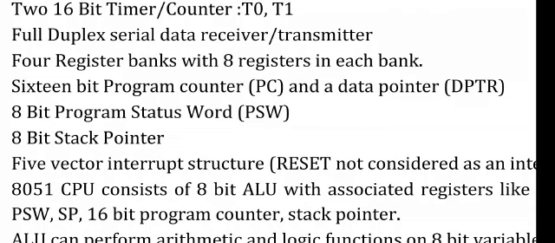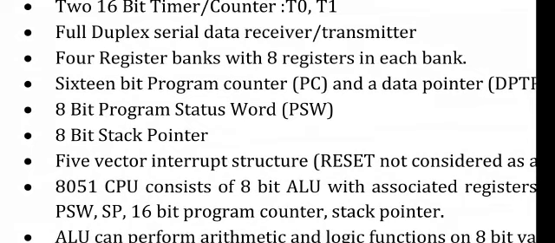And normally it is used as a 16-bit register. The program counter is 16-bit. So the question can be asked, how many 16-bit registers? There are two, PC and DPTR, not PC and SP. Please take care that in the 8085 there are PC and SP, but in the 8051 the PC and DPTR are 16-bit registers and the stack pointer is 8-bit. It also has the program status word, which we call the flag. It is an 8-bit program status word.